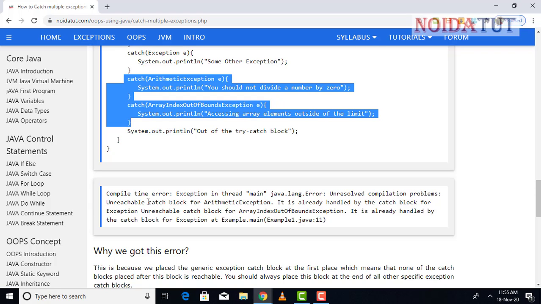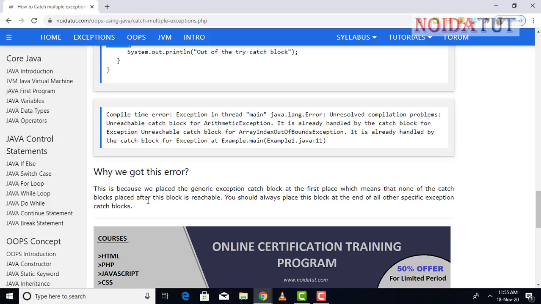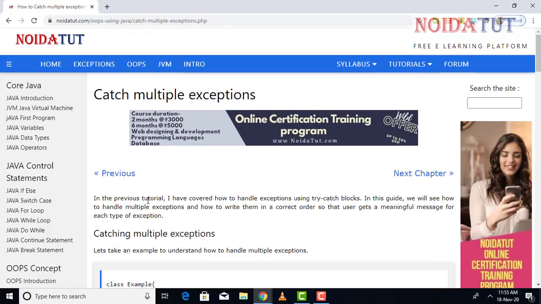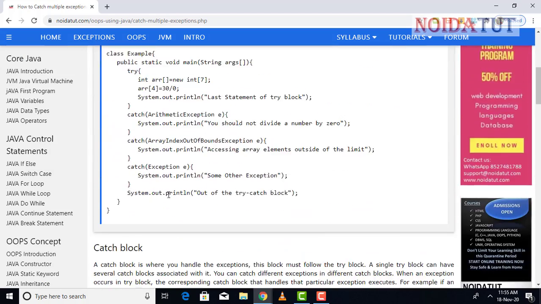Runtime error means we are executing the set of codes and we are not getting the exact output, or we are getting an error that is caught after the execution or proper compilation of the program. This is how we handle multiple catch exceptions, and I hope the things are very clear.